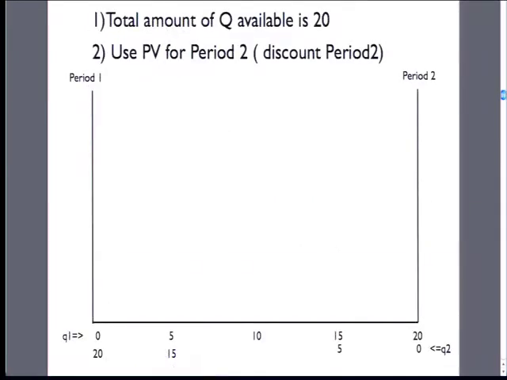The way that we graph things with a fixed quantity, as we've done in tradable permits, is with a graph with a fixed width. So there's only 20 units available in this graph. We did this in marginal cost for abatement when we had 2 different sectors polluting and they only had so much pollution they could fill up. Here we're going to say there's only 20 units available between period 1 and period 2. So on the bottom of the graph, period 1 is going to be going this way up to the 20 units, and period 2 is going to be going this way from this axis. Does that make sense? So we have to fit both of our consumptions, both of our levels of extraction, into this graph. So we started